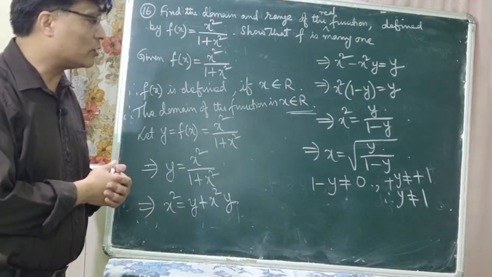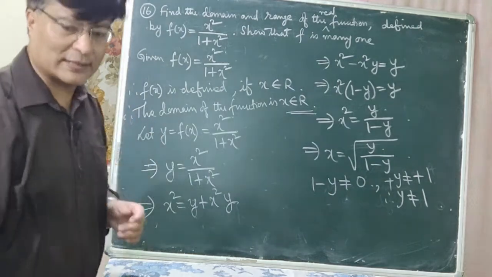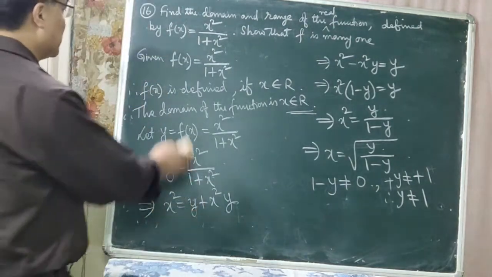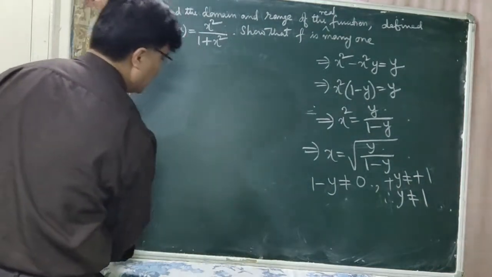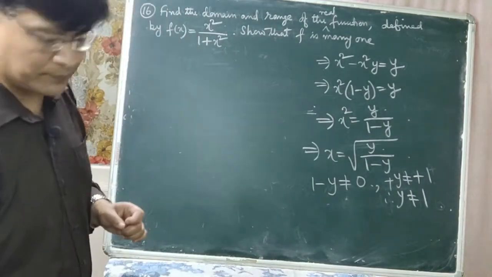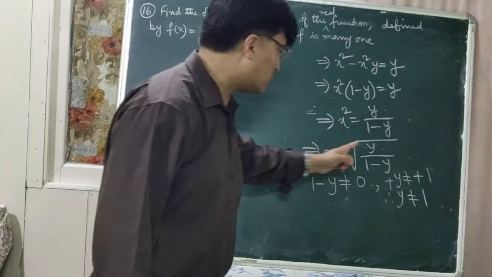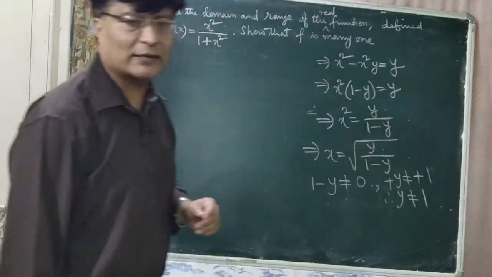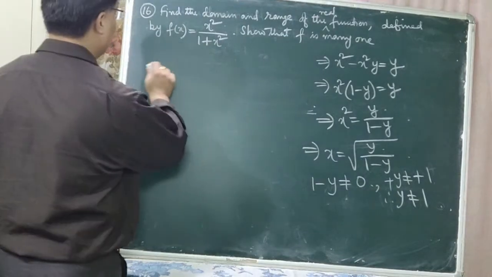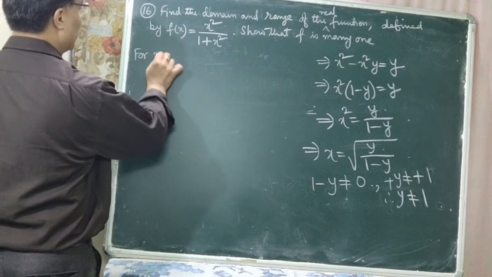So y should not be equal to 1. Is that clear now? So next, what is the condition for x to be defined within a square root? Within a square root, it should be greater than or equal to 0. Okay, for x to be defined,